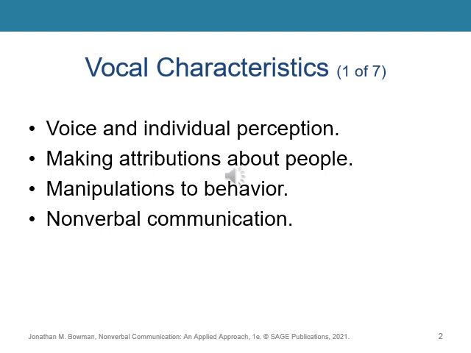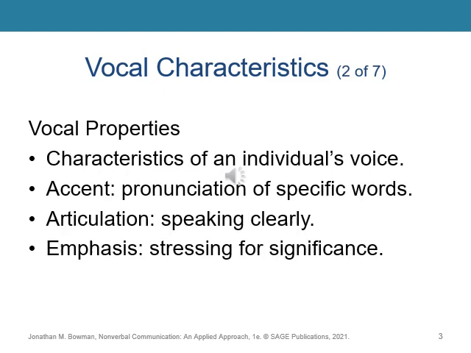Intentional manipulations refer to making changes in order to appear unique, whereas unintentional manipulations include examples such as being nervous and talking fast upon public speaking. In both cases, we are constantly being evaluated by other people not only of our speech but also the nonverbal communication that we make. Vocal properties are characteristics of an individual's voice that can be intentionally manipulated or altered to influence understanding in another person.